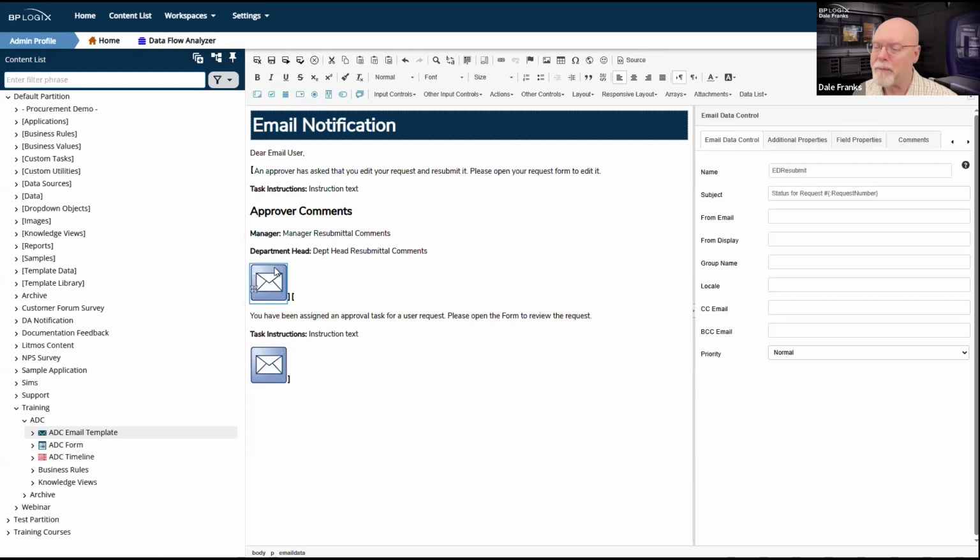So I am going to copy that system variable there, because that is a form field system variable that has my request number, and we're assigning a unique request number to every process instance. So I'm just going to say request number, whatever the number is,